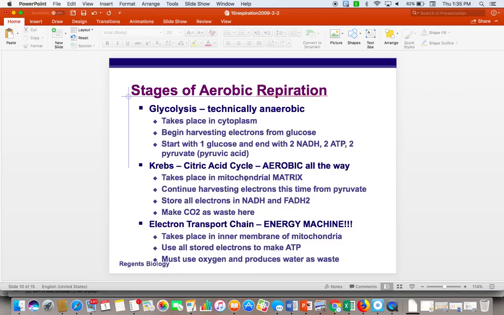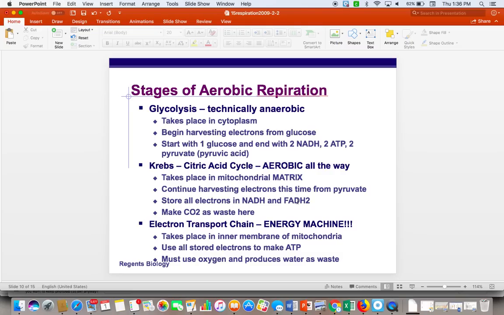So we can only get into the mitochondria with oxygen. So we're going to start up Krebs cycle or citric acid cycle, and it is aerobic all the way. So you have to have oxygen to do this. We're going to do it in the matrix of the mitochondria, and we're going to keep on picking blueberries. So we're going to continue to pick electrons off of the, not glucose anymore, off of the pyruvate that came into the Krebs cycle. So as we pick those blueberry electrons off of pyruvate, carbon dioxide is produced as waste product. And so that's what we're going to breathe out.